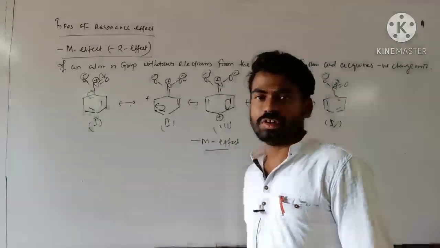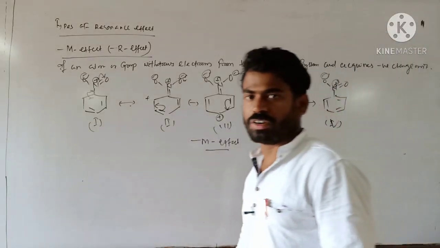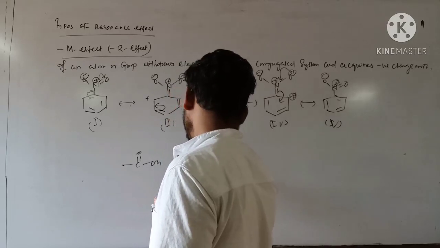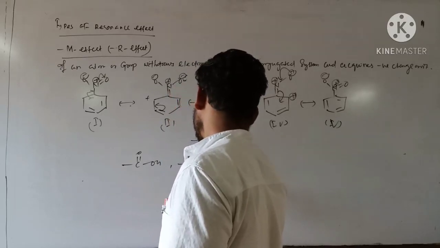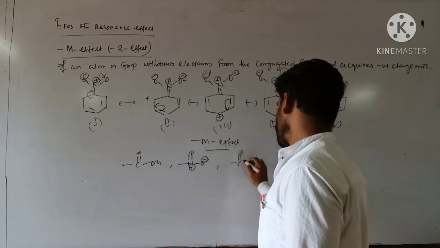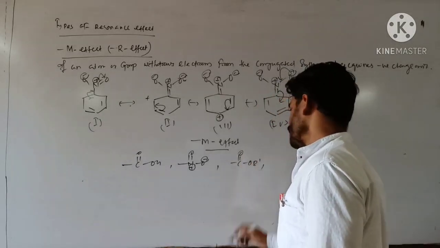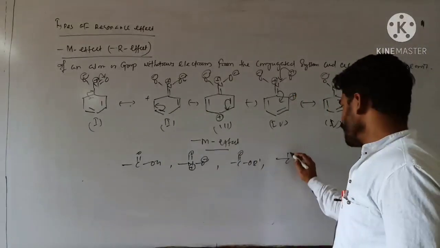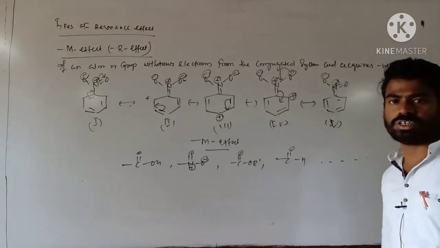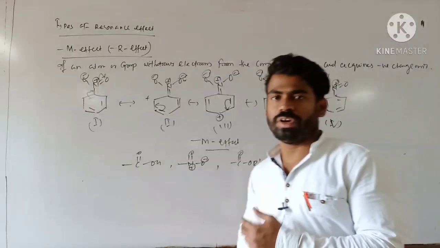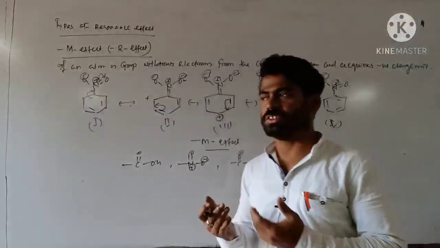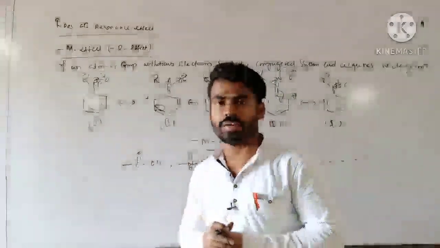Let us write down. I am providing you a few examples of electron withdrawing groups. C double bond O, OH, simply nitro group. Clear? And that is also here C double bond O, OR, ester group. It is electron withdrawing in nature. Aldehyde group. This is also electron withdrawing in nature, and likewise. Just remember. Okay. So today we have discussed 2 important electronic effects, that is resonance effect, and another one is electromeric effect. Go through that.